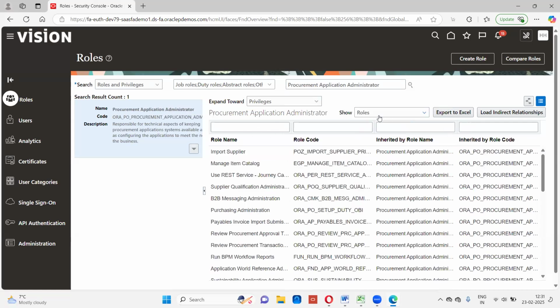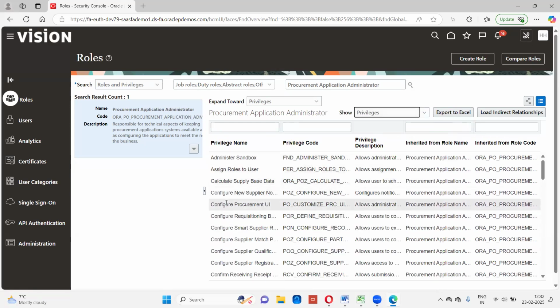Procurement application administrator. So he can do all these things. He can configure requisition business for a business function. He can assign the roles. He can create a new supplier and all this stuff. Okay. And whatever he is showing, privilege name,